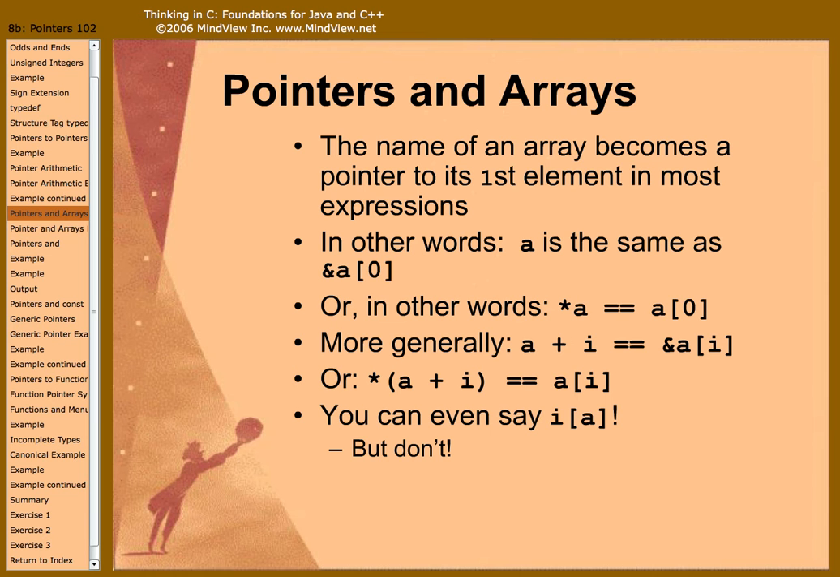Anyway, moving on. The next line says star of the quantity A plus I is equal to A sub I. And that's a very important rule to remember. In other words, the contents of A offset by I is indeed the ith element of A. It's not a major revelation, I realize that. But if you will keep that in mind, you'll find that it'll help you